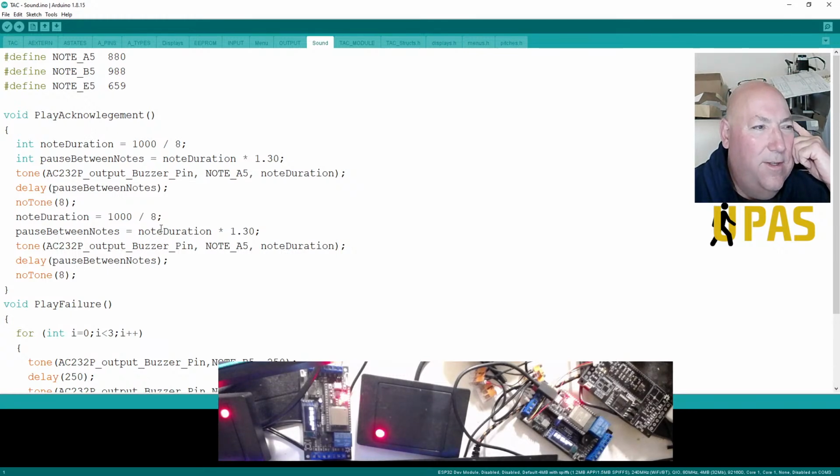So what's this doing? Tone. Output buzzer A5 note duration. So it's playing two tones. So we could play one tone and play two tone. Does it use a library? It tells you what tones they are. So we need to copy this sound into our